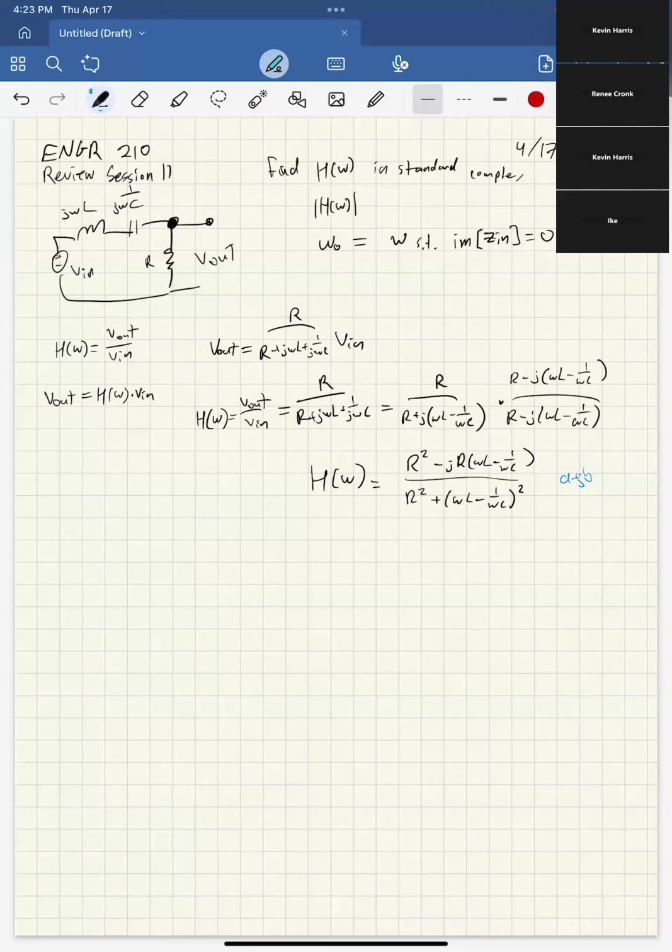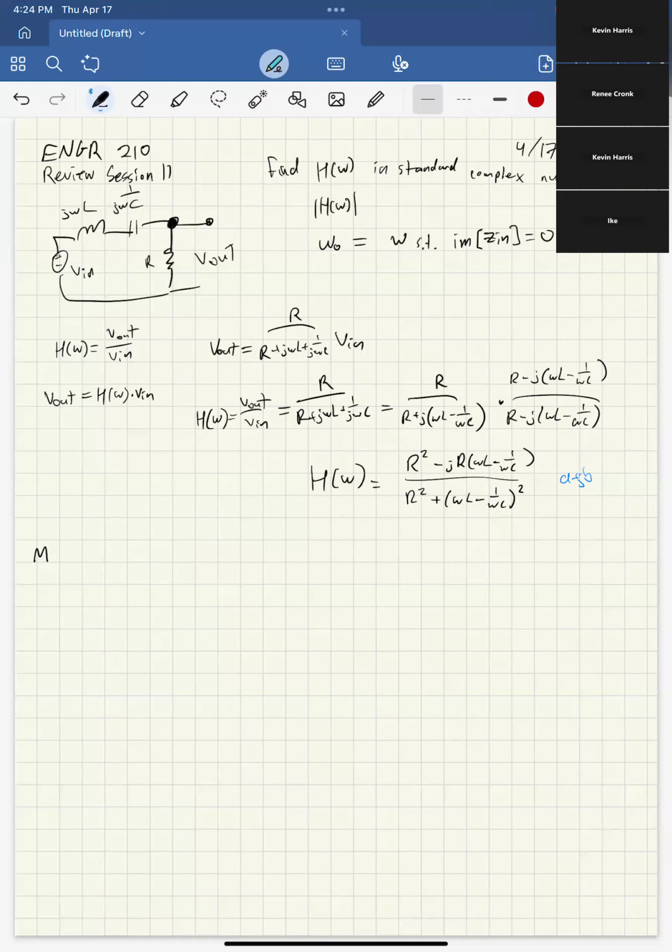So yeah, in the question it'll say what form it wants it in. So here, in standard complex number form, which is different from standard form, because standard form is the thing you've been learning in class. This is just standard complex number form, which is just a plus jb. So we have that. And then it asks, okay, what is the magnitude of